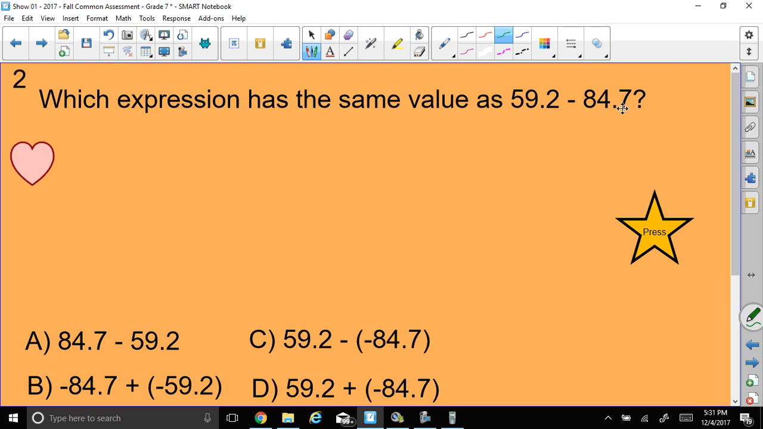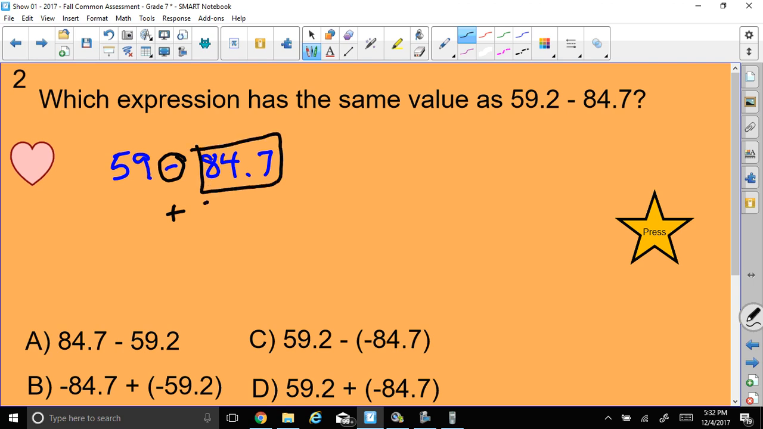Well, I remember the rules for dealing with subtraction. It's adding the additive inverse of the second number. Additive inverse means the opposite. So we're adding, that's the first thing, the additive inverse of this second number. So the additive inverse of positive would be negative. And here we have negative